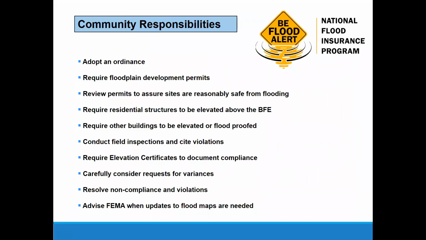So each of you here today on this call represents a community, and your community is in the National Flood Insurance Program. And your community has responsibilities under this program. So in order to be in the National Flood Insurance Program, your communities have to adopt an ordinance. And some of you are county officials and you adopt resolutions. Some of you don't have an ordinance with your floodplain regulations. Maybe you have a city code or zoning section that has a floodplain district in it. For the rest of the day, I'm just going to say ordinance over and over again. If you're a county person, you just mentally think in your head, Steve means resolution for me.